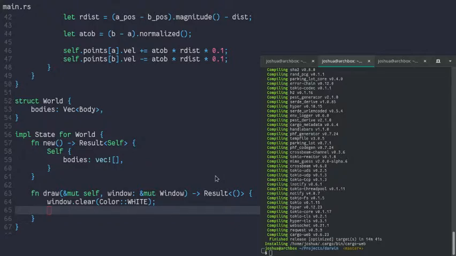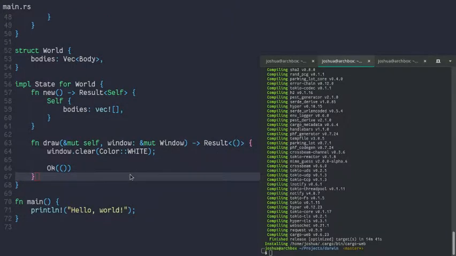First of all, we're not going to draw anything other than a white screen. Just to test it, we're going to return OK. Let's assume there's a success. Right, now the Quicksilver code to get everything started is